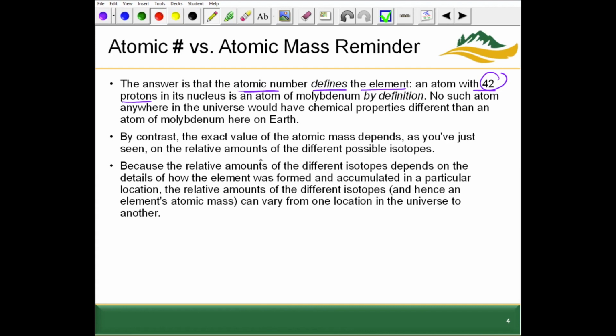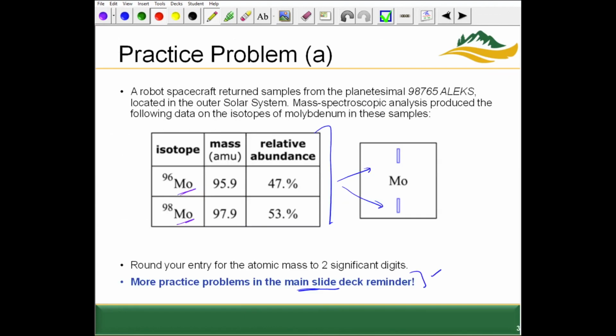By contrast, however, the exact value of the atomic mass will depend on the number of protons and the number of neutrons. And so we know for isotopes, it's elements that have different numbers of neutrons from one another. So what we can tell by looking at these symbols here is that this atomic mass is 96, this atomic mass is 98. So now if these are the two different isotopes of molybdenum,